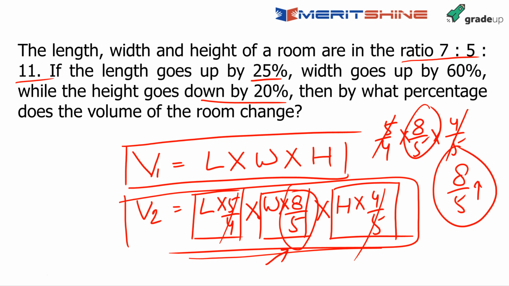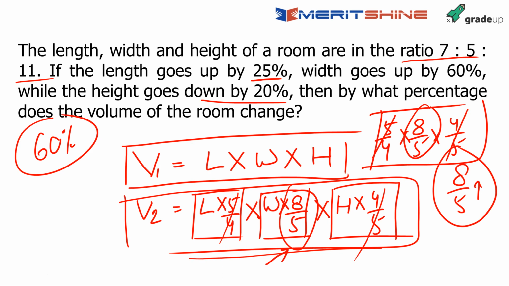Then what is 3 by 5? 60%. So what is my answer then? 60%. But would I do even this much? No. What you should realize immediately after seeing the question is that this 25% would get cancelled with this 20%